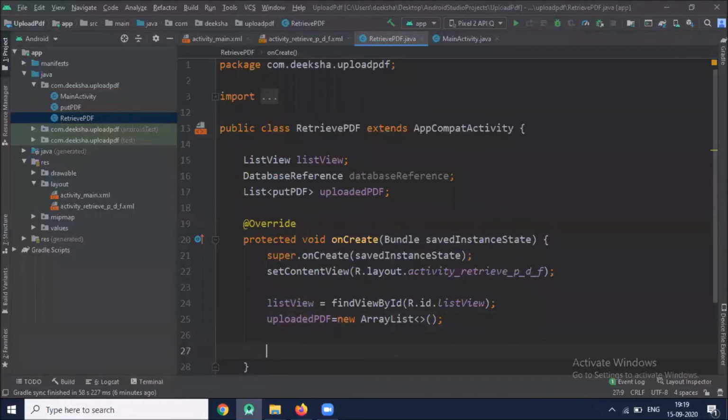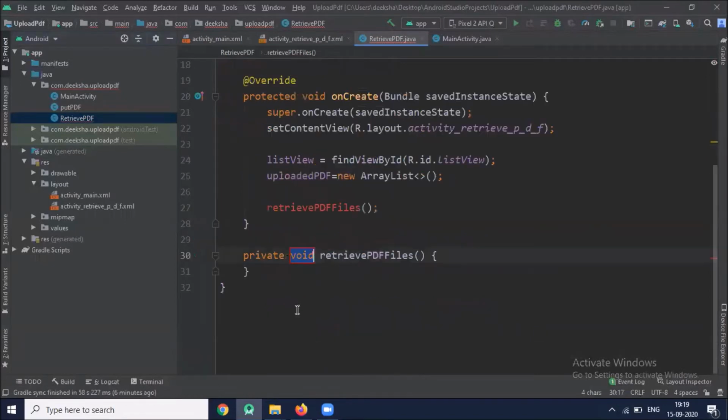Now we create one method to retrieve the PDF files. So this method will help us to retrieve all the PDF files that we stored in Firebase.